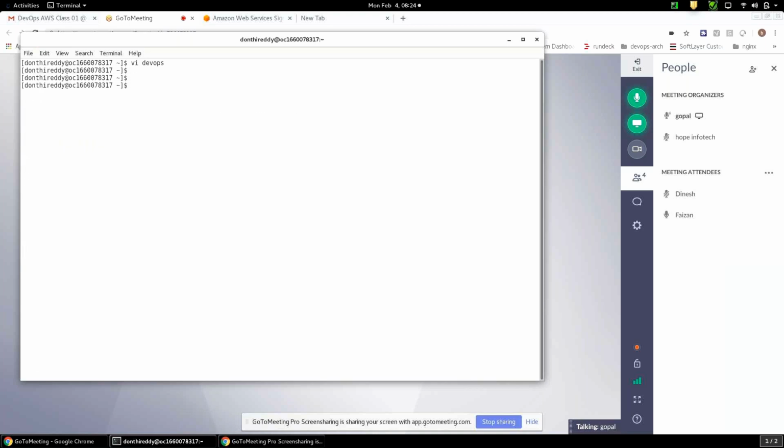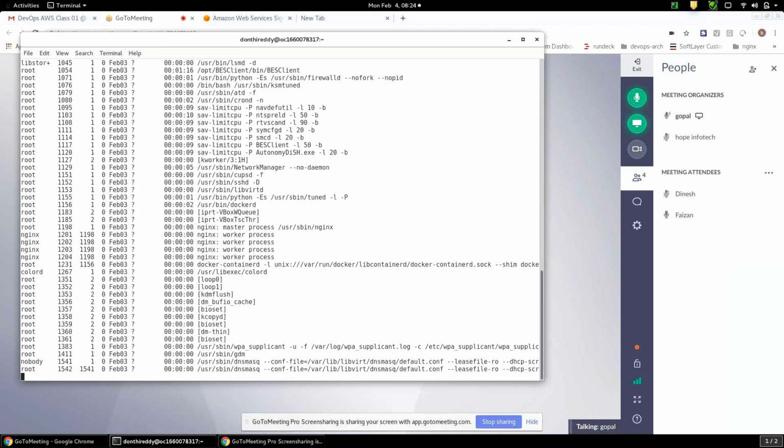Now see, this is my server. On my server, if you want to see the processes, you do ps -ef, and I immediately get a lot of processes running.